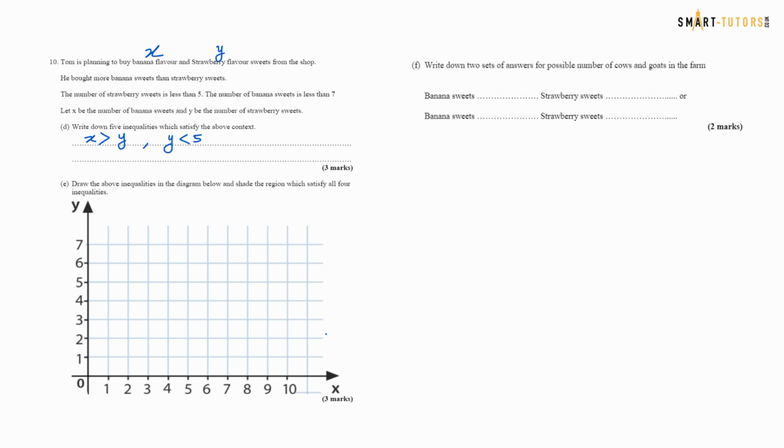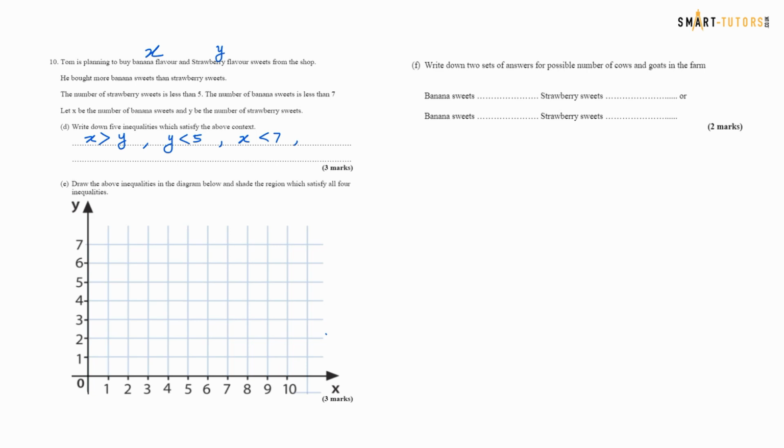And the number of banana sweets is less than 7, so x is less than 7. Write down 5 inequalities. So we have already written 3, and the 4th and 5th you already know from the first question,